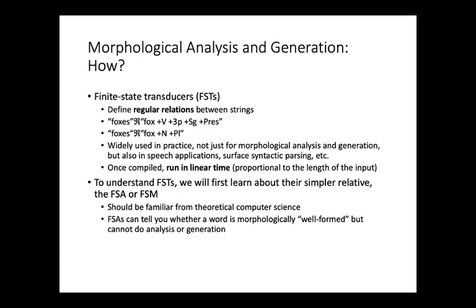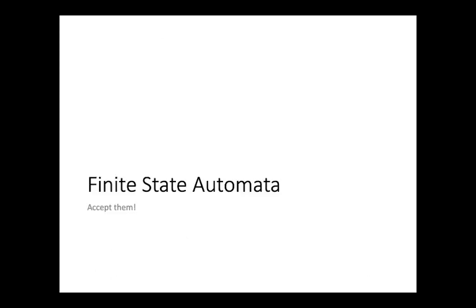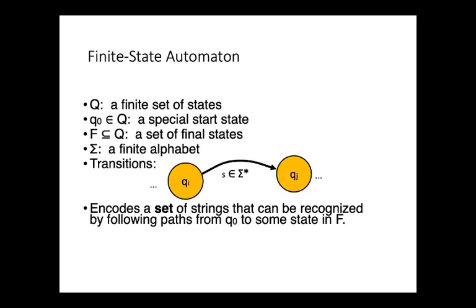But to understand FSTs, it's helpful to first understand FSAs, or finite state machines, which should be familiar to a lot of you from theoretical computer science. So let's talk about them briefly, just to make sure we're all on the same page. So a finite state automaton consists of Q, a finite set of states, a state Q0 in Q that is the special start state, a set F that's a subset of Q that's a set of final states, and sigma, which is a finite